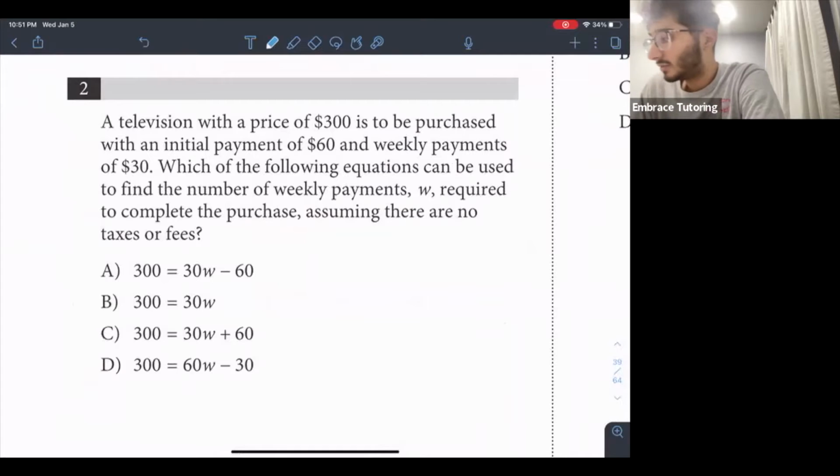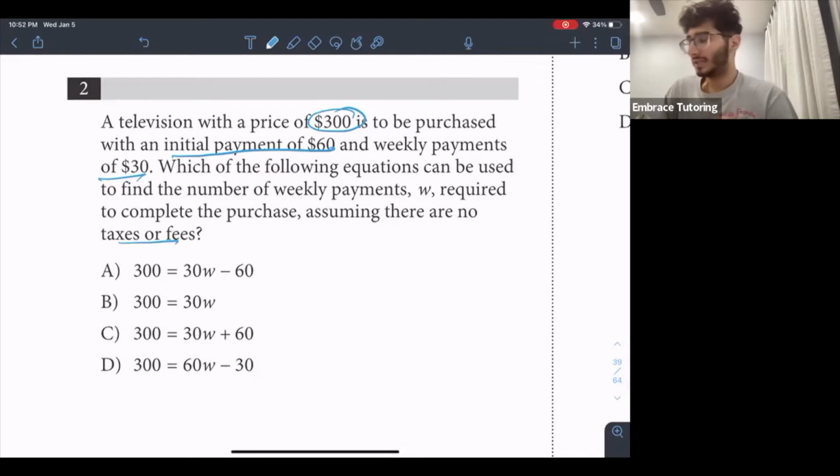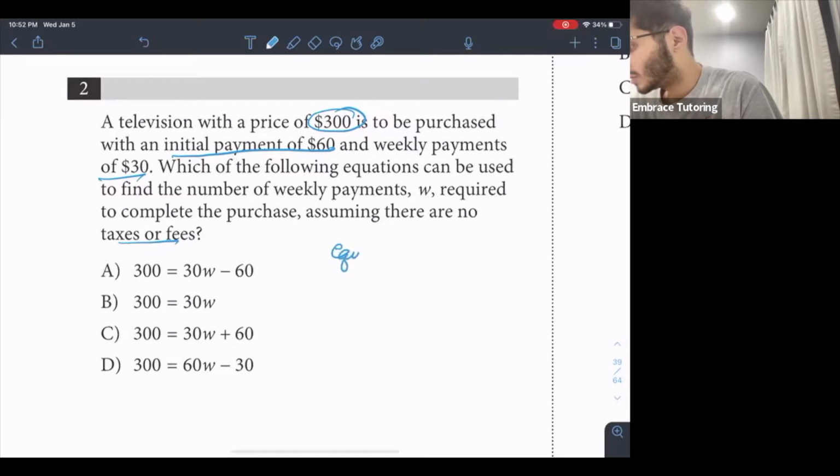Question 2. A television with the price of $300 is to be purchased with an initial payment of $60 and weekly payments of $30. Which of the following equations can be used to find the number of weekly payments W required to complete the purchase, assuming there are no tax or fees? From this, I can tell this is a linear type of problem because it has an initial payment and then weekly payments, and then the total is 300. So we can set the equation as